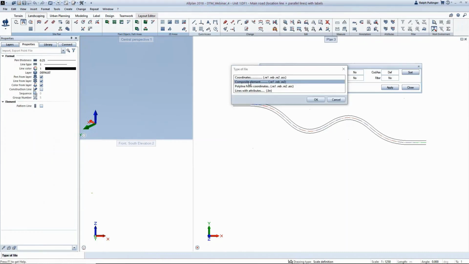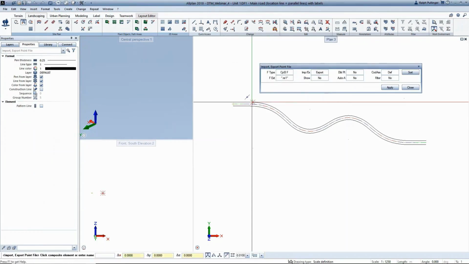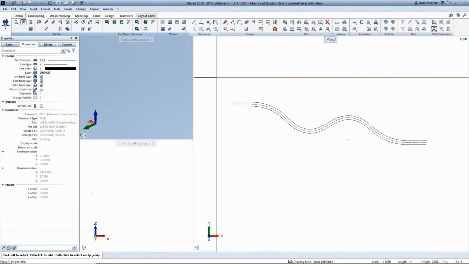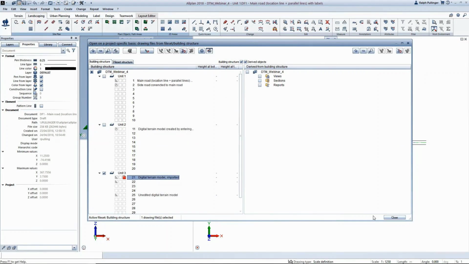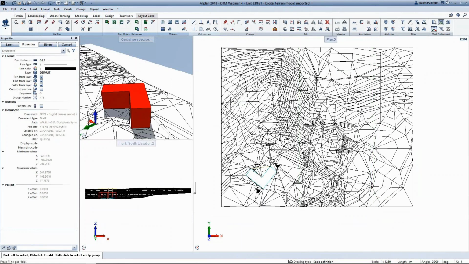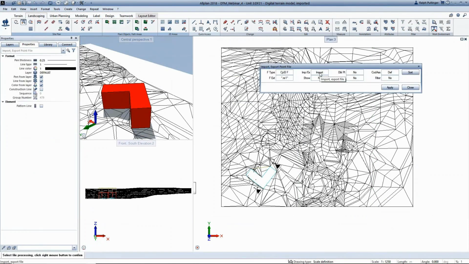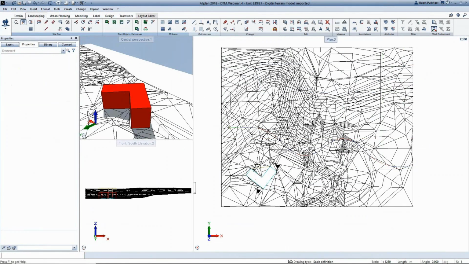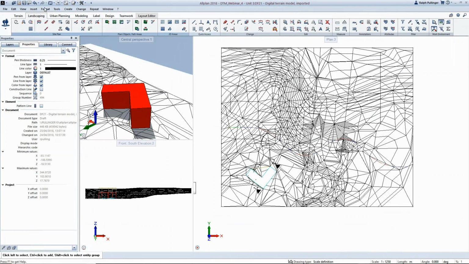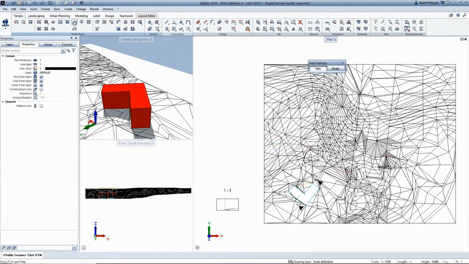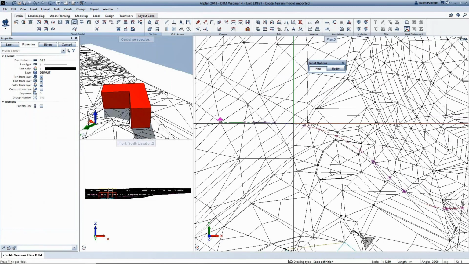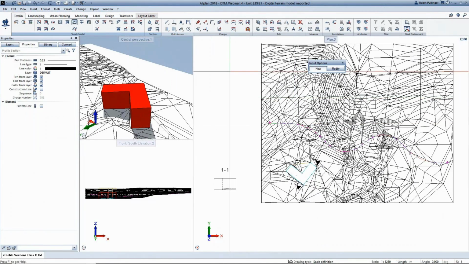From the perspective of looking at this in a combined way, with the digital terrain and an alignment, we are looking at two instances. We have the original digital terrain model, which is important because that's where we start from. And then we have this one that we're working on at the moment, which is the edited form of the digital terrain model. Now I've just re-imported my alignment into this file,